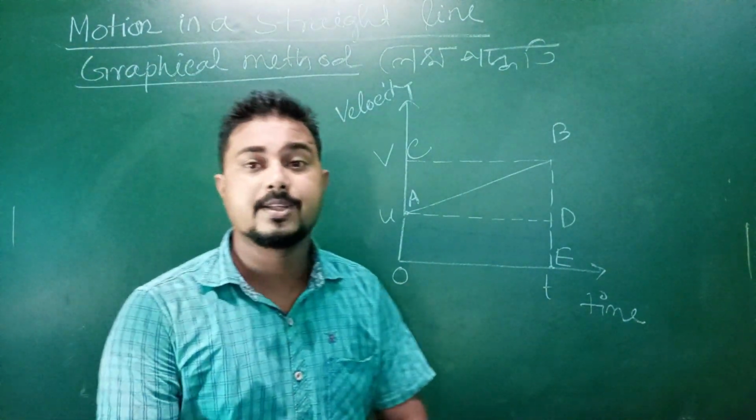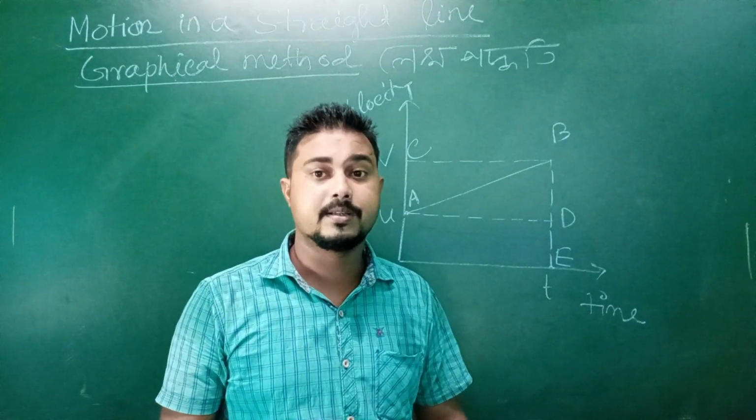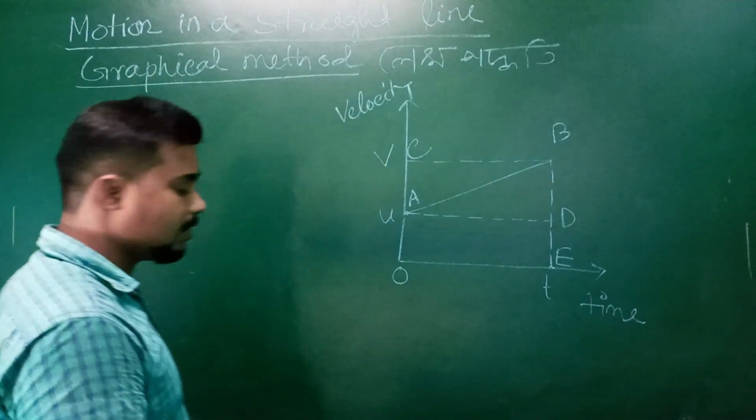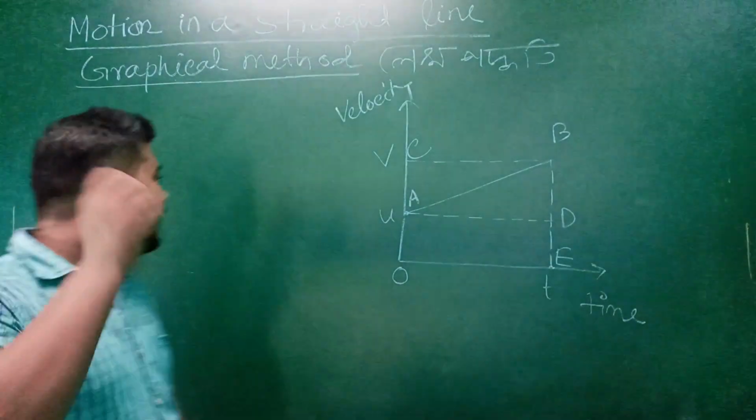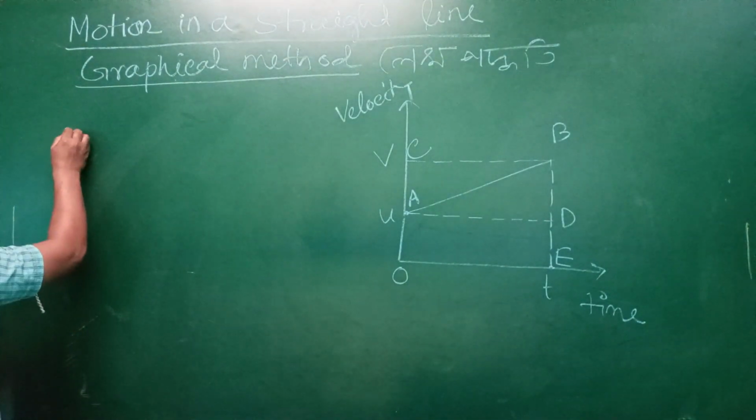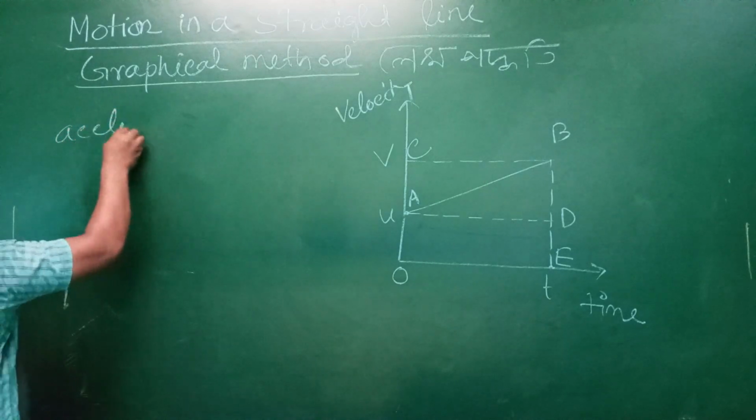Then now see how we can find out the equation of the motion from this line. Okay, so now we have already got that acceleration a is equal to, we can write acceleration